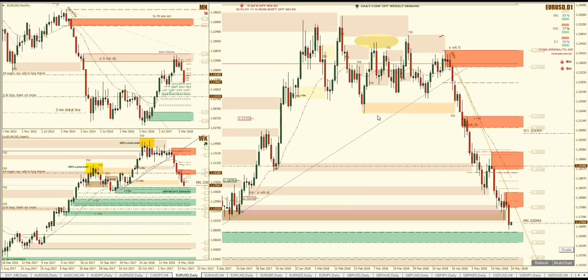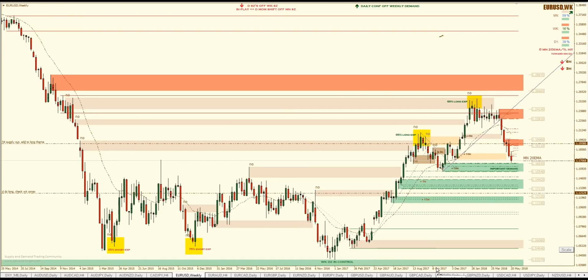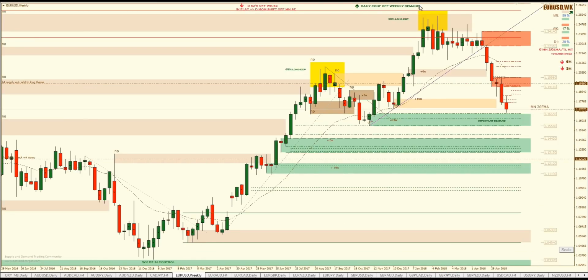Euro, US dollar. So on the weekly chart, in the latest webinar, we were talking about this area of supply, because we are discussing trend lines and aggressive trend lines, and here's an aggressive trend line right now. And I said that sometimes I pay attention to them if there's been a very extended move to the upside, but in scenarios like this you have to be extremely careful, because look, this zone here was responsible for breaking this trend line, because we got this candle to close outside on the other side of that trend line, but